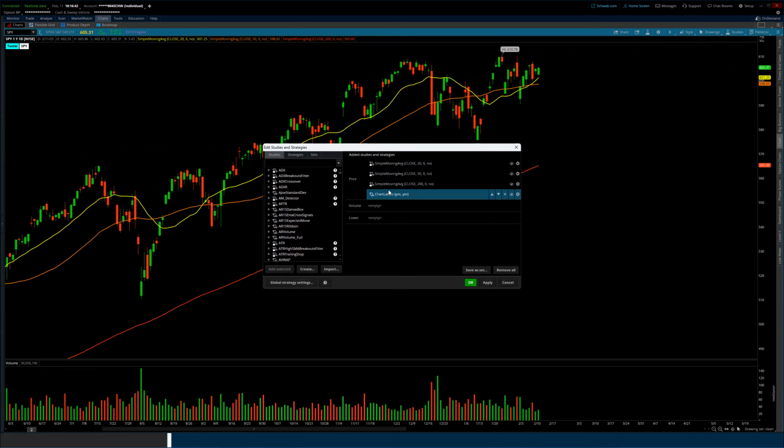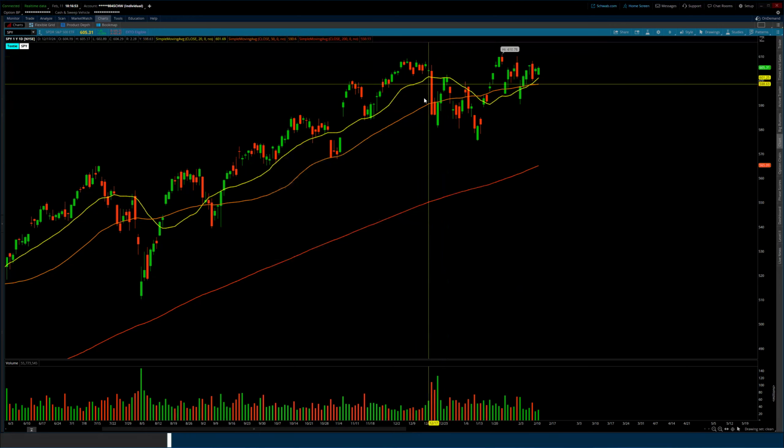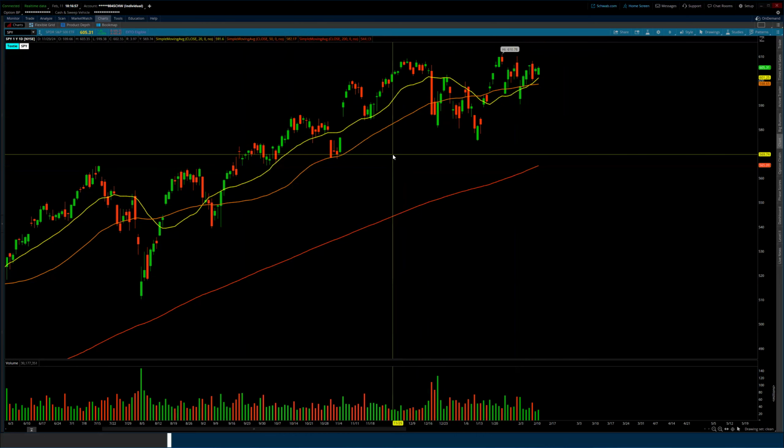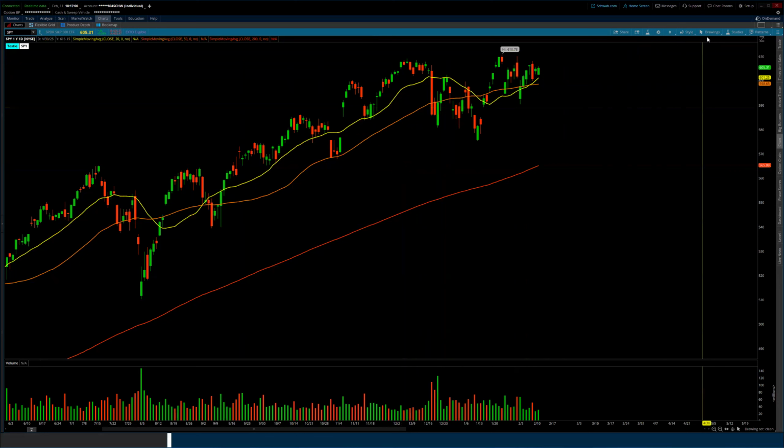In this case, we have a couple of different simple moving averages and this custom little chart label thing up at the top left. And then from there, you could customize these however you want. You could set all the colors, set all the width, however you want them to display. And once you have the indicators looking the way you want them to, and they're configured in a way that you think is going to be useful for the future, you could go into the study section and click